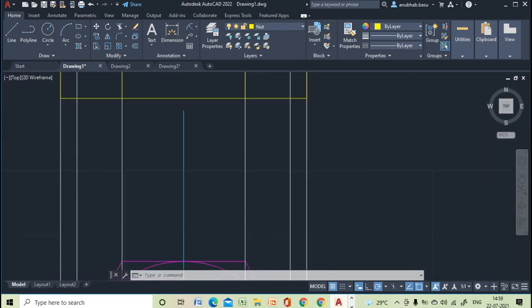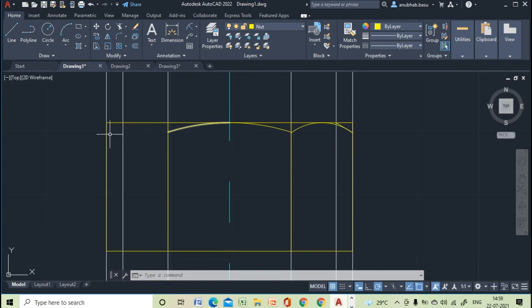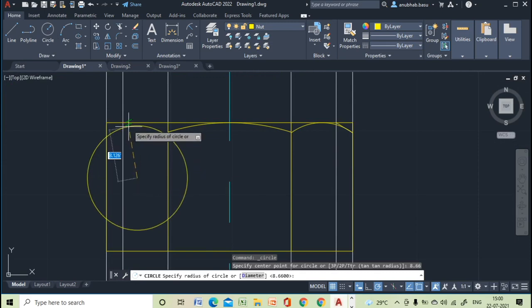Similarly, we will draw it in this direction also, on this side also. To draw it on this side, same thing we will draw. We will find out the midpoint. From that midpoint, we will draw a circle whose radius will be 8.66 mm.